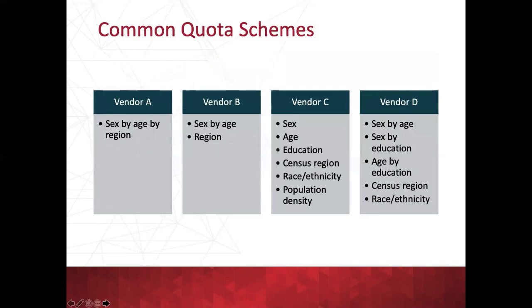Different quota schemes that we've seen, some of this was from the Pew paper, and some from other work. What I showed was sex by age. You'll see sex by age by region. You might see overlapping designs, which then become a little trickier. And I think we'll tweet out Ray Pointer's great article about some of the challenges when you have interlocking, when you have overlaying quota designs. So sex by age and then region independently.